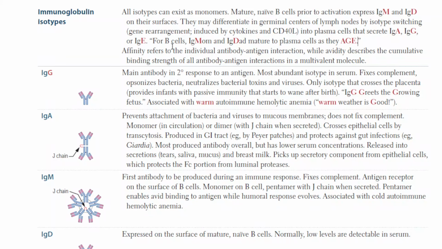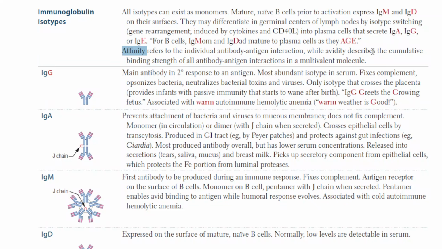So let's read that again. For B cells, immunoglobulin M is the mom and immunoglobulin D is the dad, mature to plasma cells as they age. Okay, very good mnemonic. So affinity refers to the individual antibody antigen interaction, while